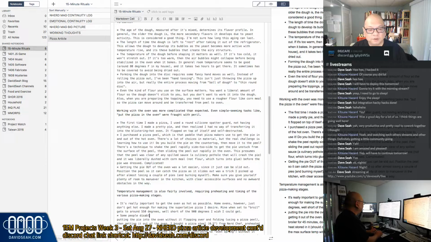Some people disable the safety locks and put the oven into self-cleaning mode to get the higher temperatures. But I didn't want to do this. Alternatively, the use of baking stones,